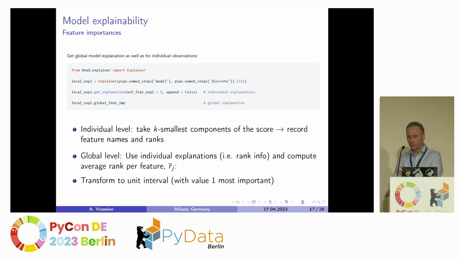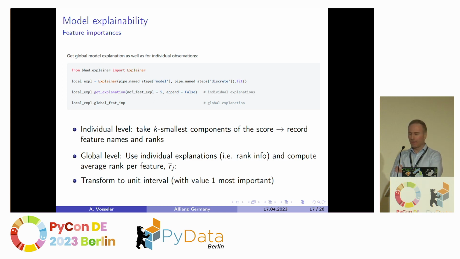Coming to the model explainability, as I already mentioned, through the linearity, you can very easily come up with some sort of local explainability. And for this, we have an explainer module in place, which allows the user to do that.